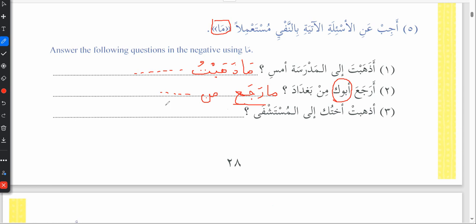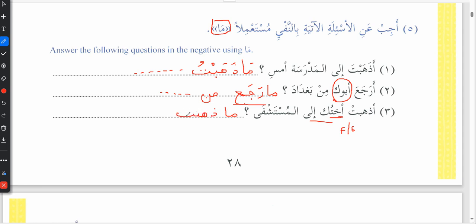ذهبت أختك إلى المستشفى. ذهبت أختك. أخت is feminine singular, right? And somebody is asking about your sister. So how are you going to answer? ذهبت أختك إلى المستشفى. ما ذهبت. ما ذهبت إلى المستشفى. So you will say ما ذهبت